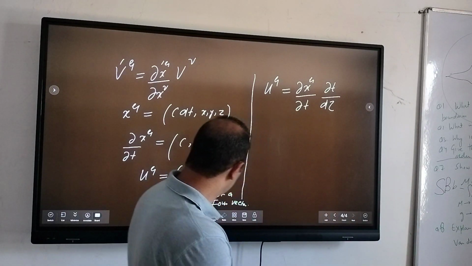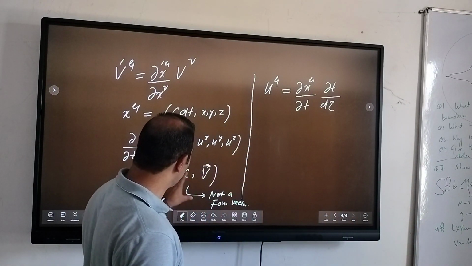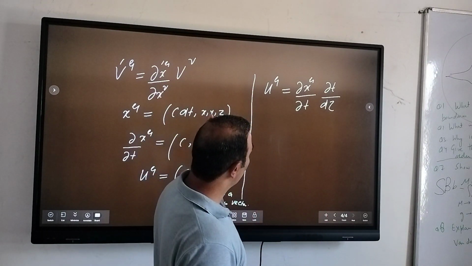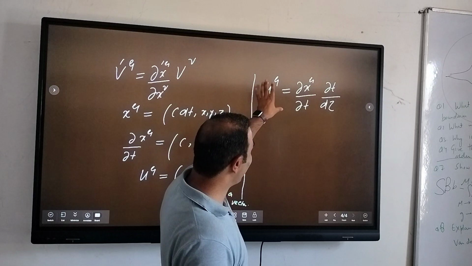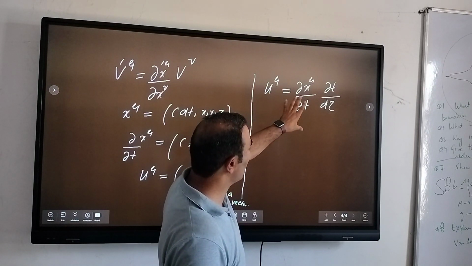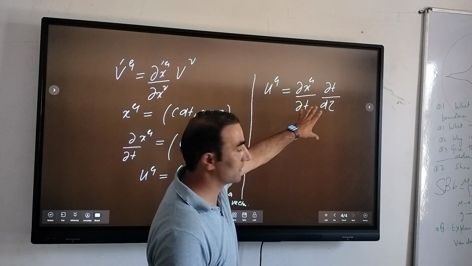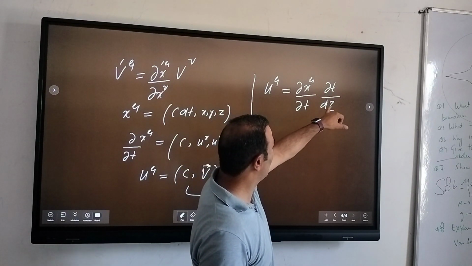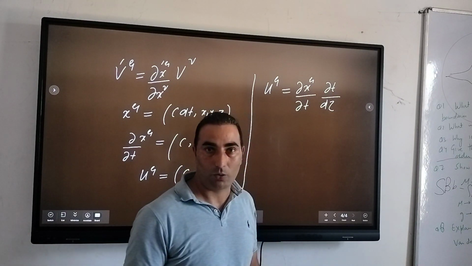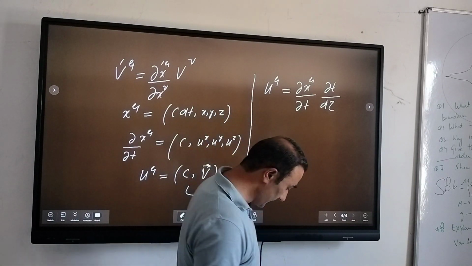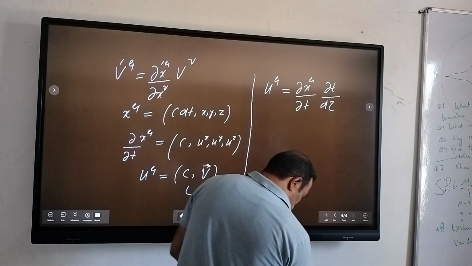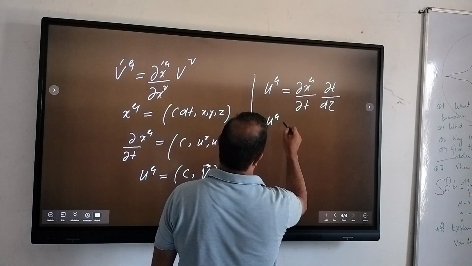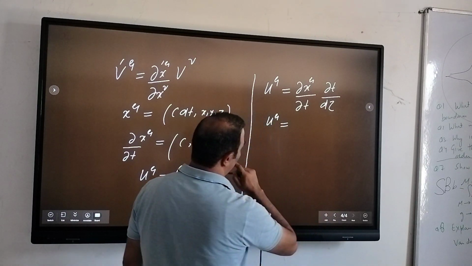Now, what I am saying here is that this is not a vector because it doesn't transform like those Lorentz transformation equations. So we can write this u mu as partial x mu by partial t, taking it using the chain rule. We are dividing by d tau, and tau is our proper time, right? Now this basically forms, so you can derive this as, so u mu will be equal to